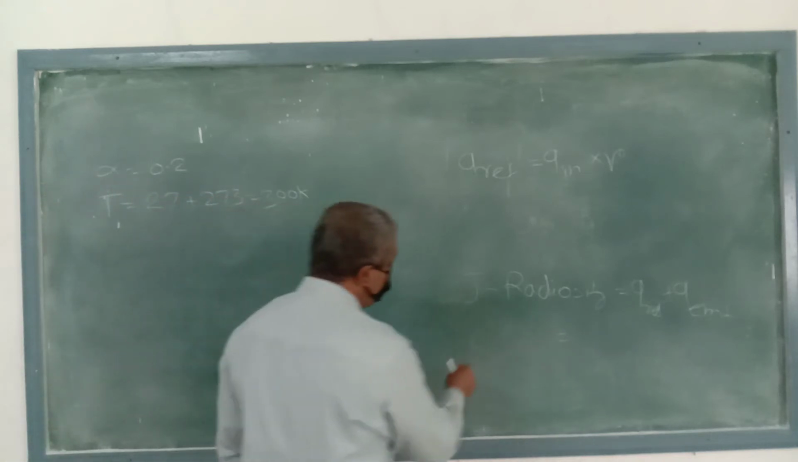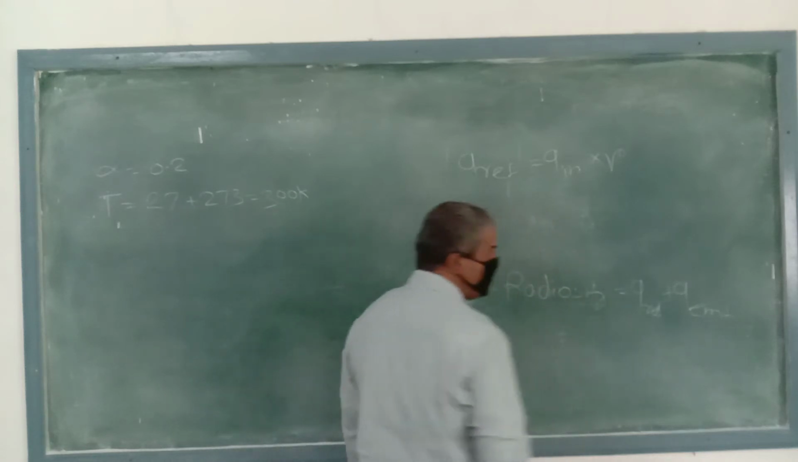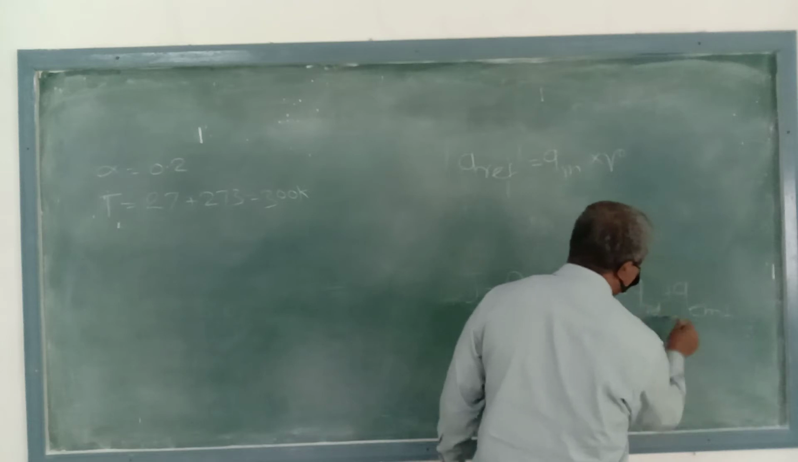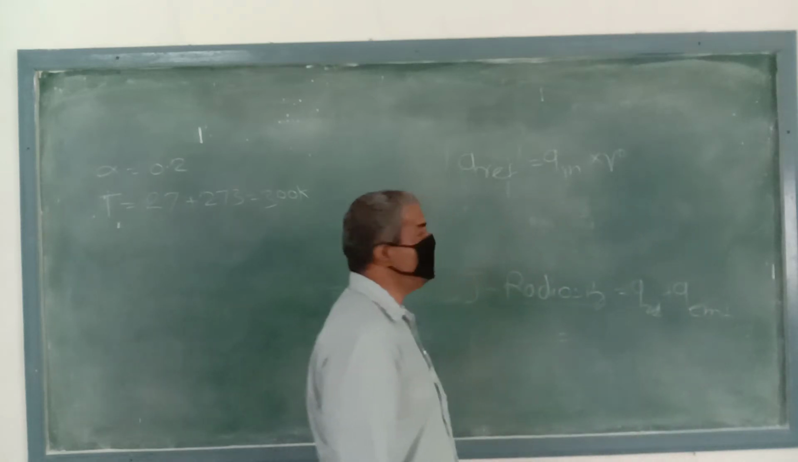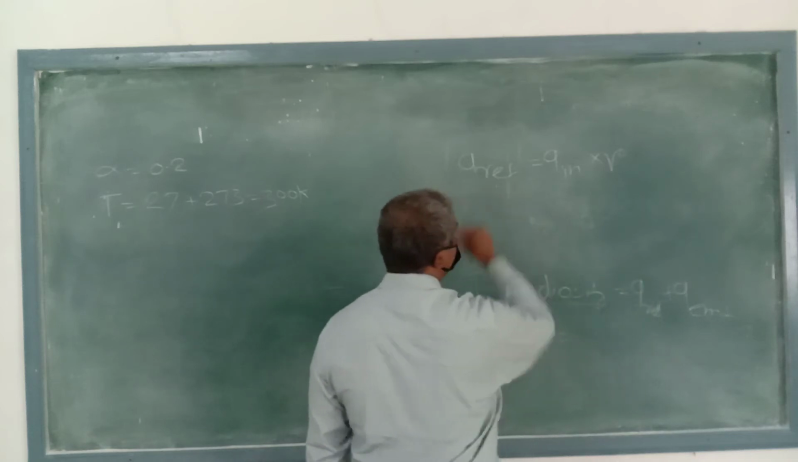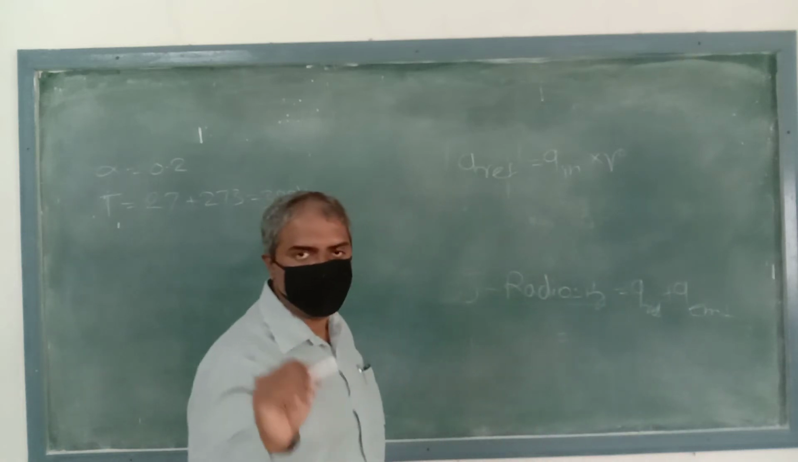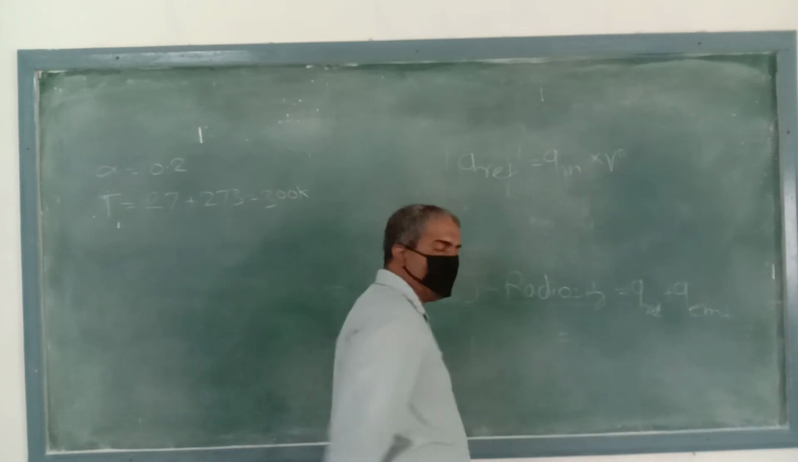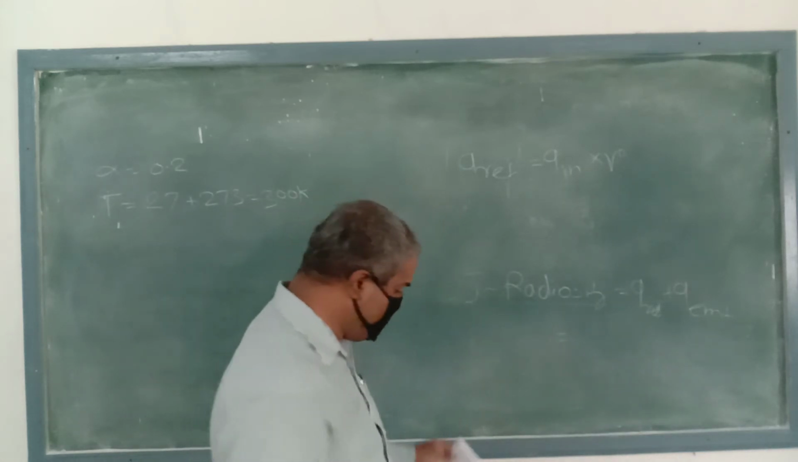Okay, so they are asking you to calculate the radiosity, but while calculating this radiosity we require the Q reflected and the Q emitted, but Q reflected is unknown. So first we have to calculate Q reflected. For calculating Q reflected, they have given Q in and gamma we require, and just